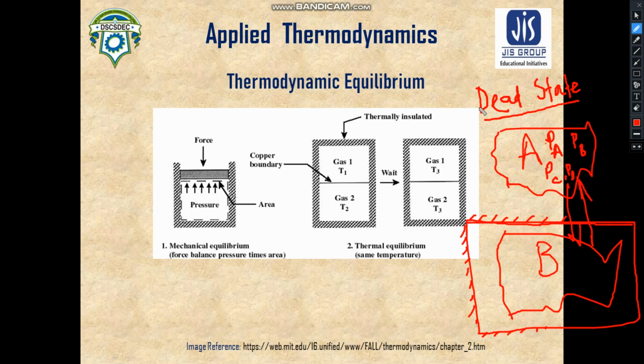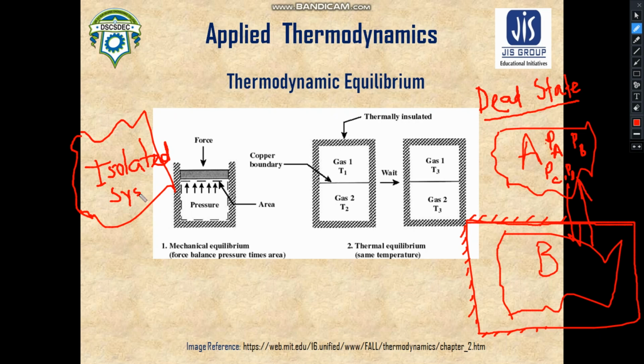If we create a system which will not permit any kind of interaction, it has to be an isolated system,